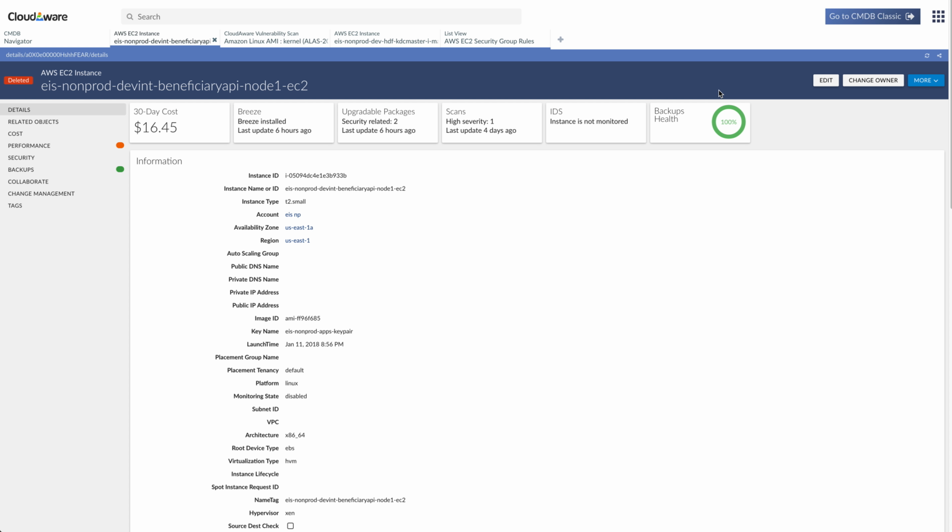Hi, in this demo I'm going to show you guys how Cloudaware CMDB is integrated with AWS Cloudtrail. So here we're looking at an instance record. We can see that the instance was actually terminated not long ago. And so that's a typical record in CMDB. If I go to the Security tab,